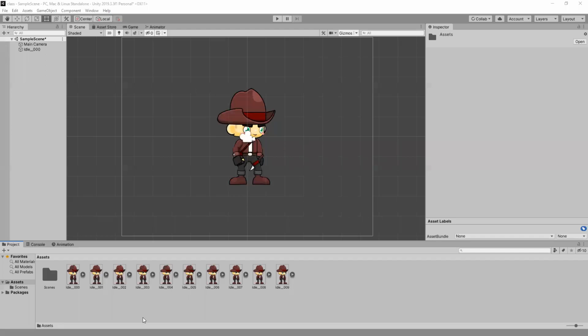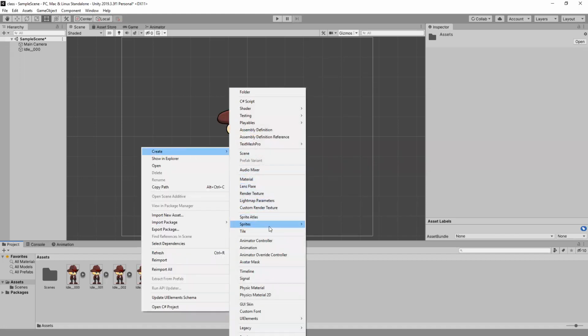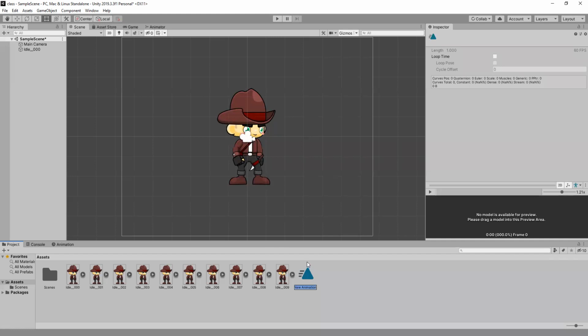Yeah, so we have got the first character, which, for namesake, is idle 000. Then from create, we are going to animation. We have got a new animation called idle.